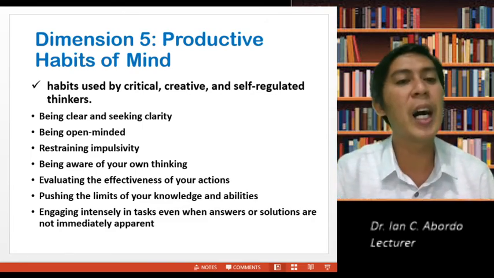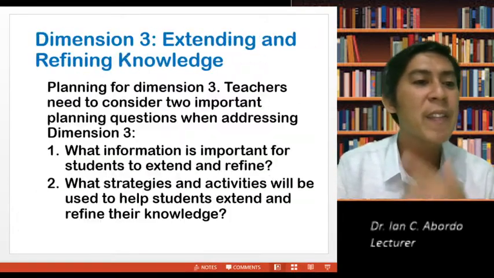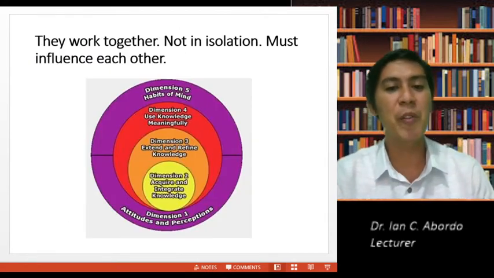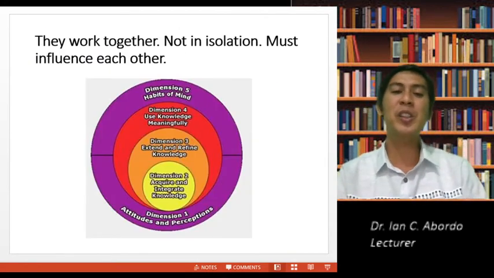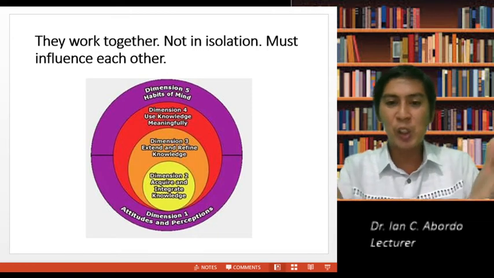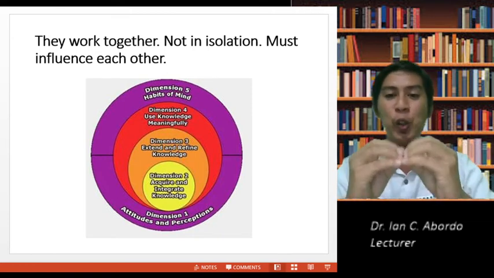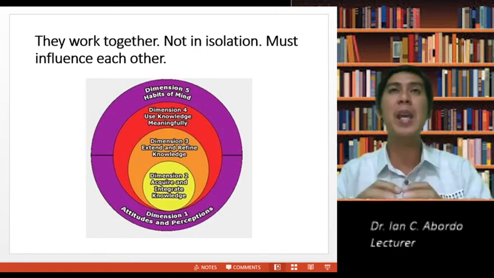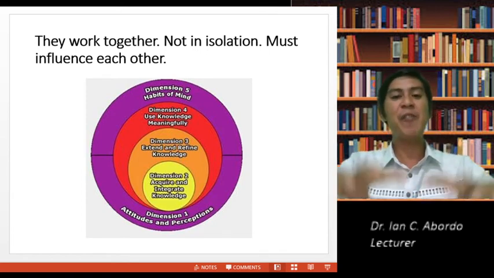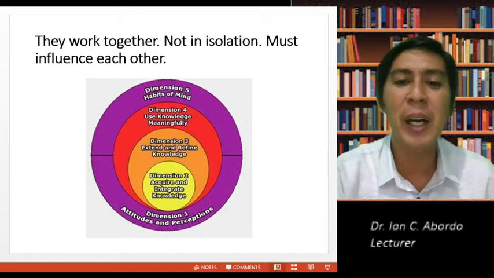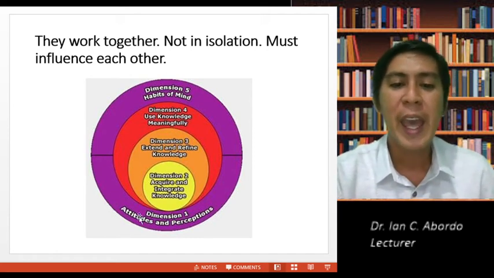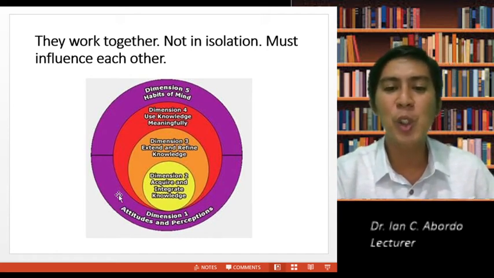In the model of the dimensions of learning, I think I have a slide just before this. Okay, this is the slide. Dimensions of learning, dimension 5 and the others. So how will dimensions 2, 3 and 4 be performed? That is if you have the habits of mind. Look at this model here: the habits of mind and the attitudes and perceptions on learning encapsulate 2, 3 and 4.